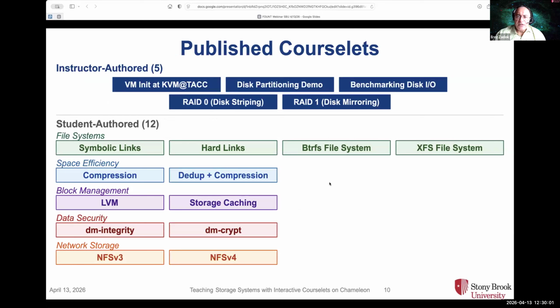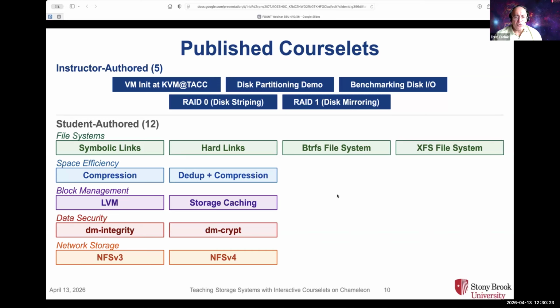Now here's a list of the published courselets that we had. At the top, you see the 5 that we had already published from before: the VM initialization, basic disk partitioning, how to benchmark a storage system, and 2 of the simpler RAID flavors, striping and mirroring. The students authored and published 12